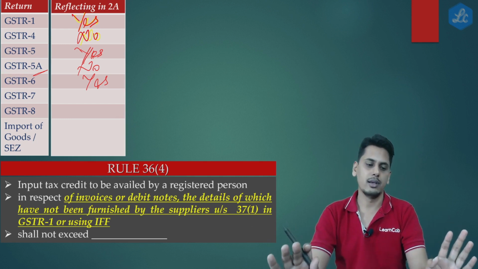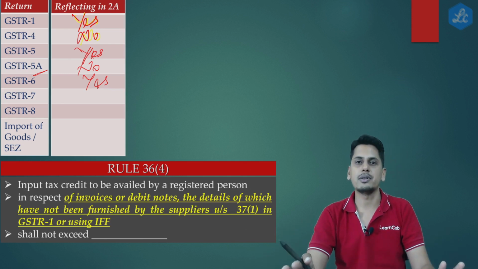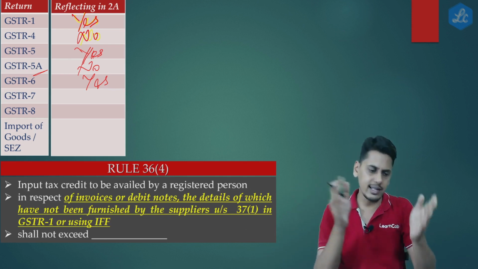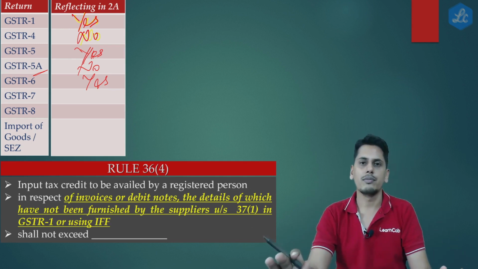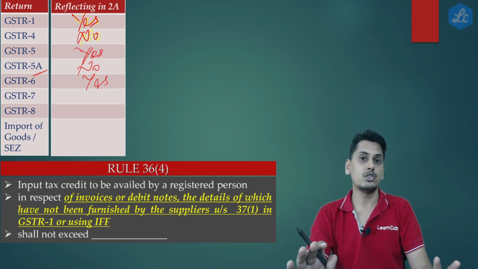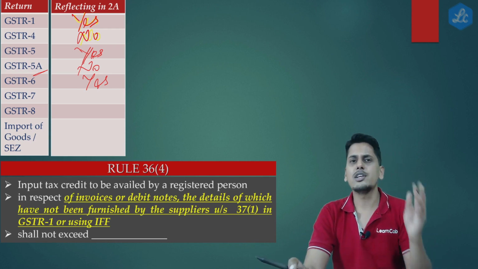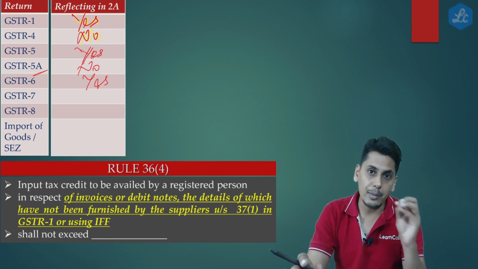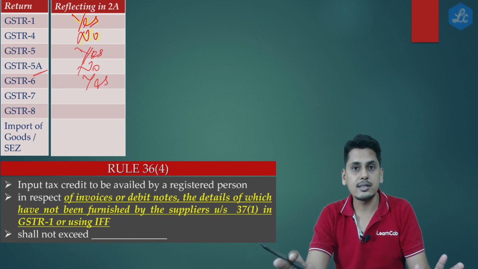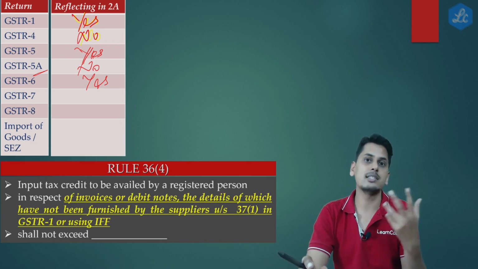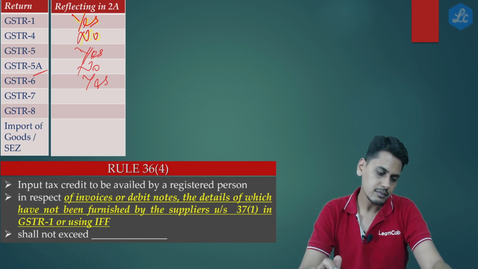It's so simple. GSTR 1, invoice level details given, yes, auto-population happens. 3B, no invoice level details, we have not even mentioned it here. 4, no invoice level details, so it's no. 5, invoice level details need to be given, the recipient can take credit, so yes. 5A, it is always a B2C supply which forms part of 5A, therefore no. 6, yes, invoice level details are given, the recipients can take credit, auto-population would happen in 2A.